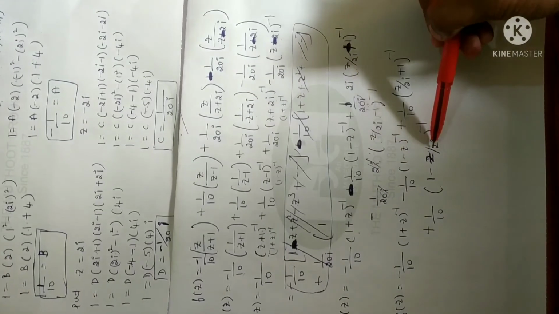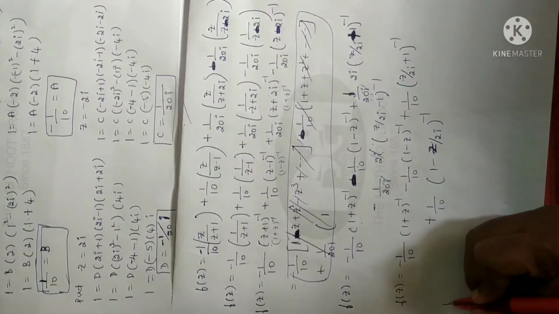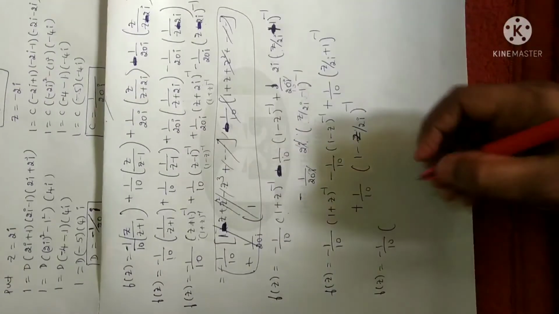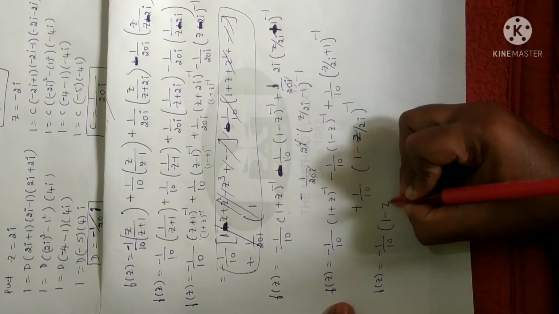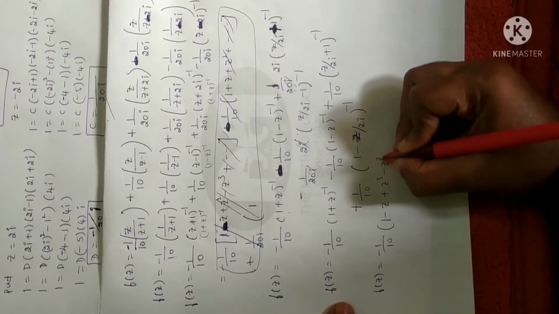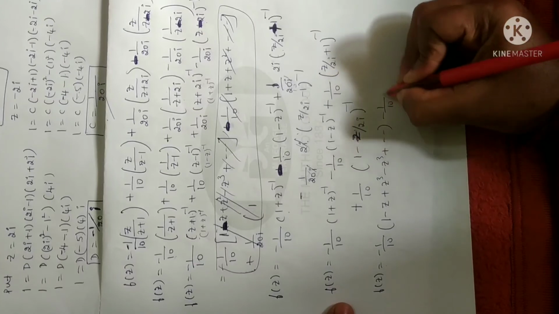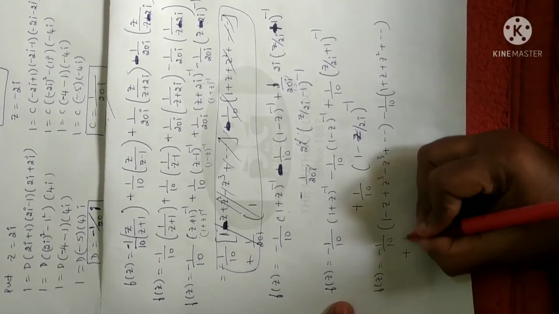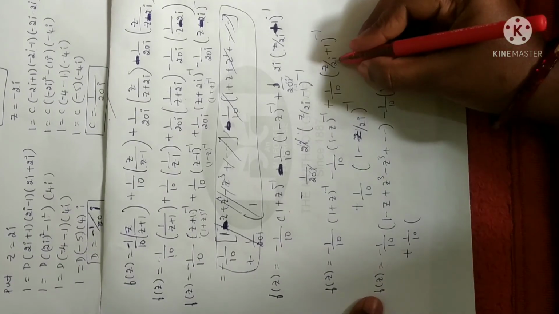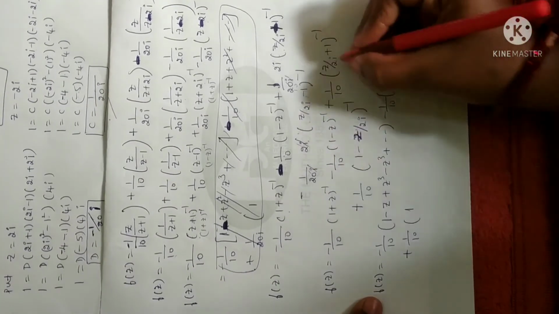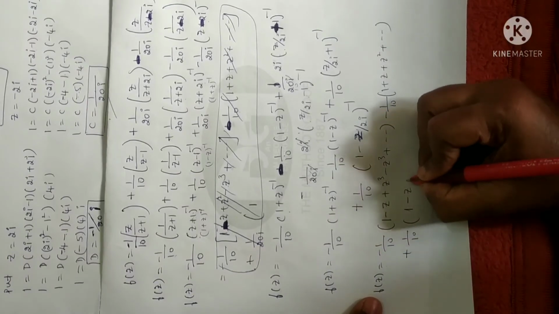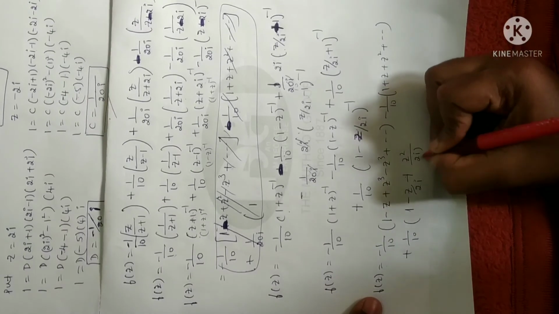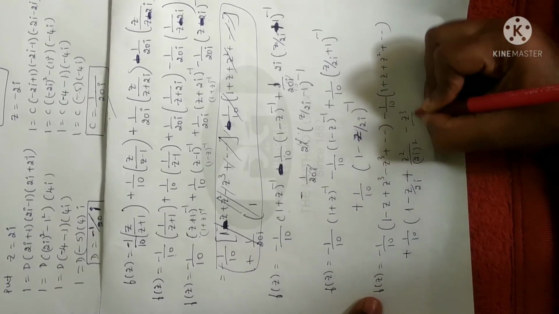Now again I have to arrange it in a standard form, so that is why I have written this. Now you can expand, so minus 1 by 10 into, further no need to simplify, you just expand and keep the answer. You will get alternately negative and positive signs. Minus 1 by 10 into 1 plus z square plus so on you will get. Next, the third term, plus 1 by 10 into, when you expand this term, you will get alternately minus and plus, that is minus 1 minus z by 2i plus z square by 2i square minus z cube by 2i